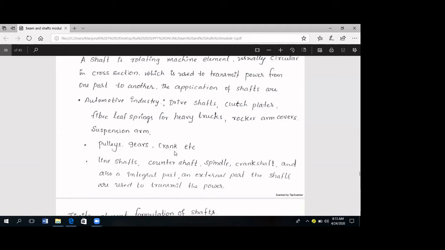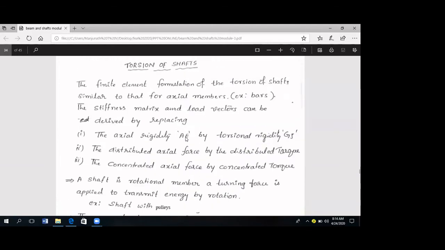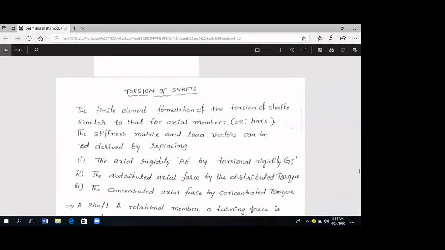Okay, then we are able to know and control what problems the shaft is going to undergo, how it is going to give displacements, and what the critical speed is. There are so many parameters we can analyze as we do the analysis on the shaft. Okay, so to do this analysis, we need to have a formulation, the finite element formulation.